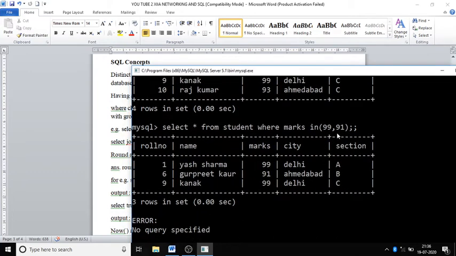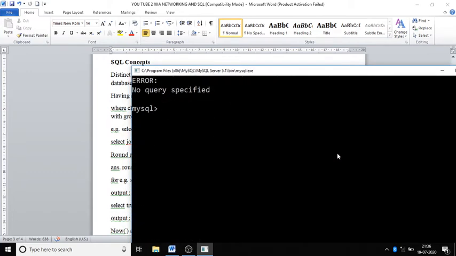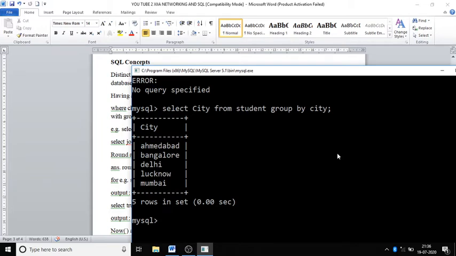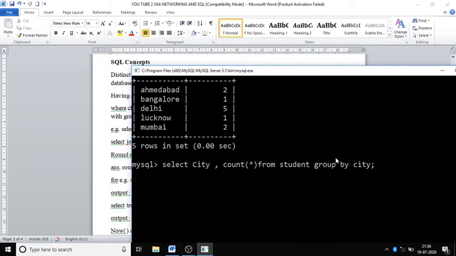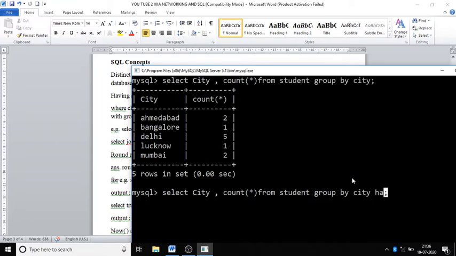Suppose I use group by here. Select city from student, group by city. You can see I want to see how many records are from this city. Count star. Now suppose I want to give a condition.